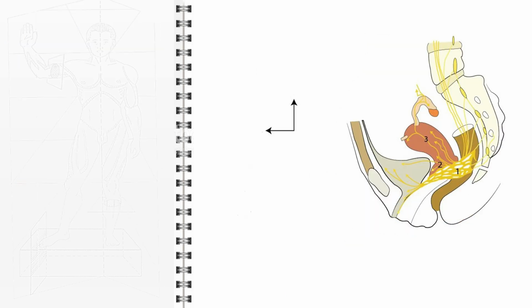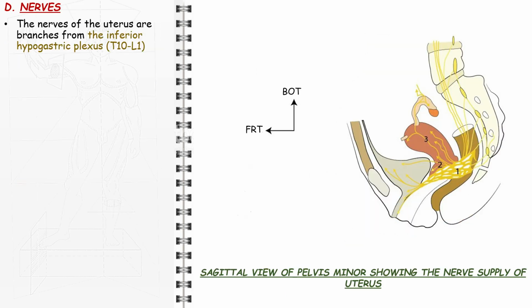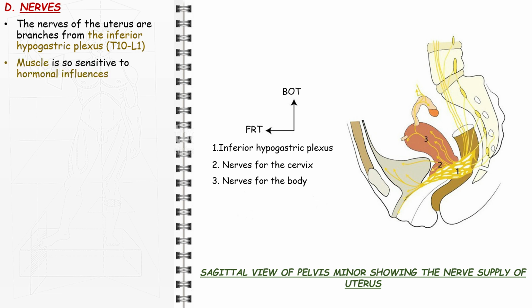The nerves of the uterus are branches from the pelvic plexus, formed by the right and left hypogastric plexuses. Little is known of motor pathways to this organ, whose muscle is so sensitive to hormonal influences. There is evidence that the vasoconstrictor sympathetic supply may also be motor to uterine muscle, but division of all uterine nerves or high transection of the spinal cord does not affect uterine contractility, even in labor.